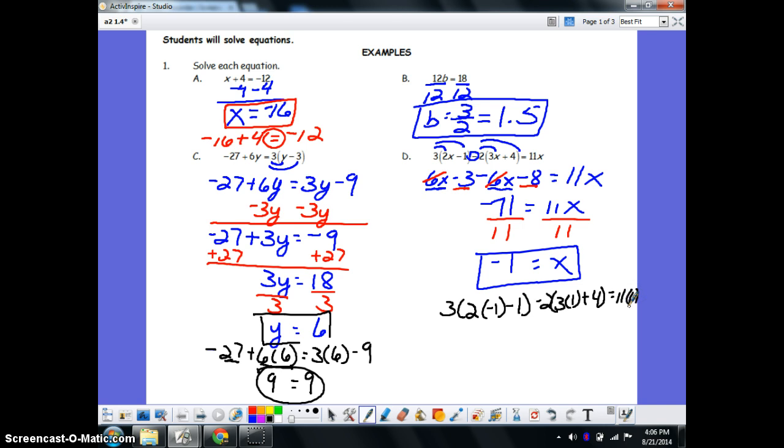So on this left side, doing order of operations, we have 3 times negative 1 minus 1 is negative 3, minus 2 times 3 plus 4 is 7. Is that equal to 11 times negative 1, which is negative 11? So here we have negative 9 and minus